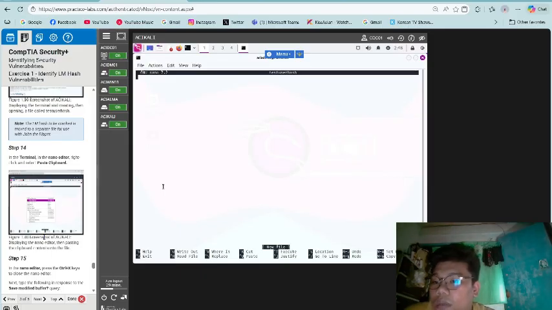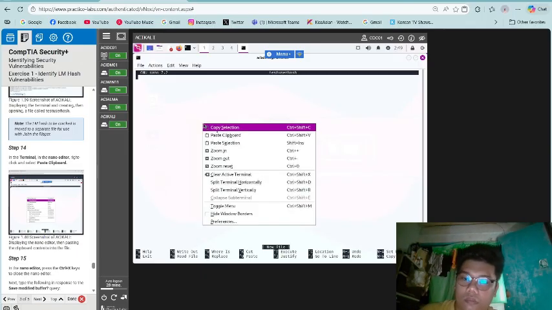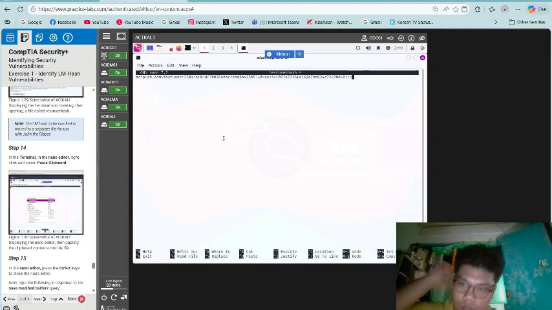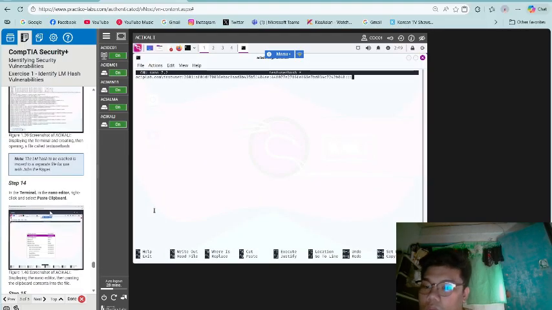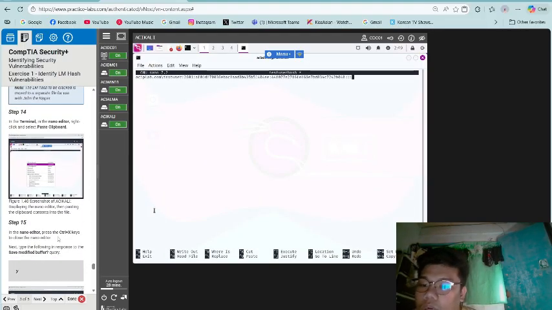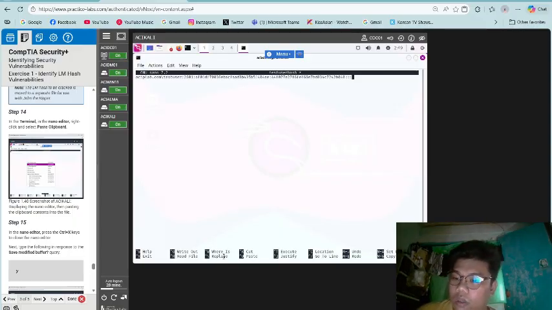Step 14, in the terminal in the Nano editor, right click and select paste clipboard. Step 15, in the Nano editor, press Control X to close the Nano editor.